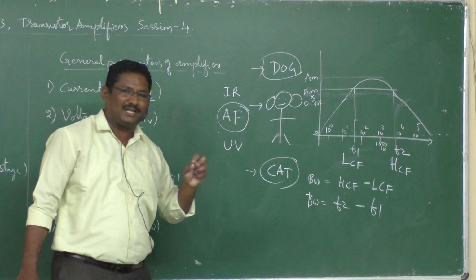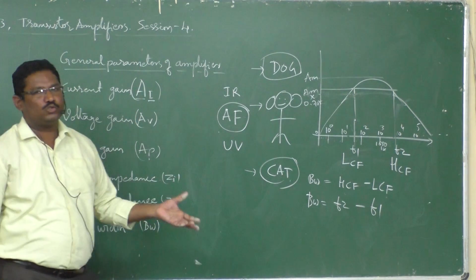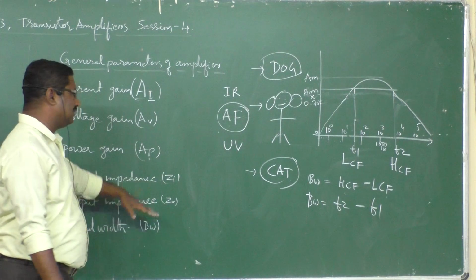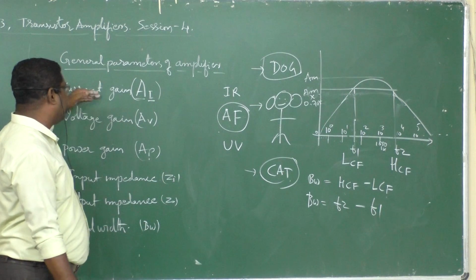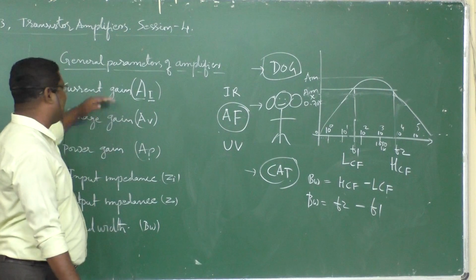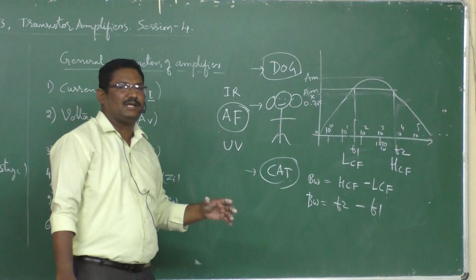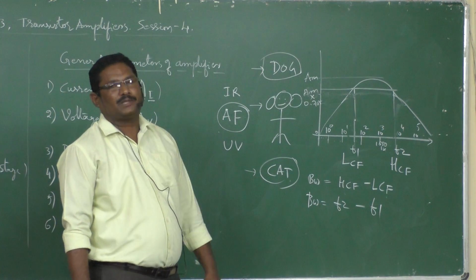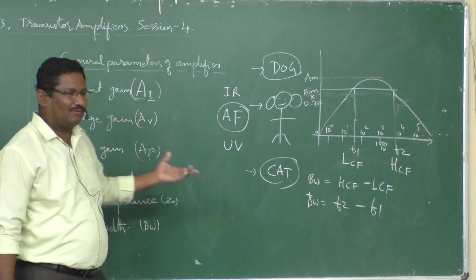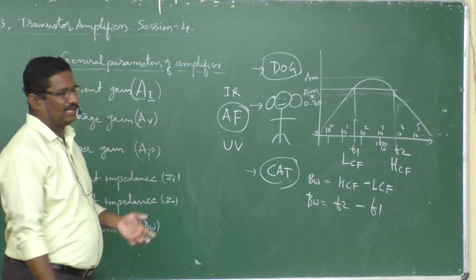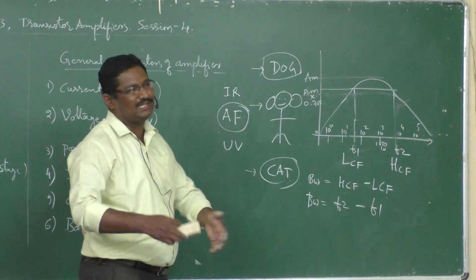How much power it will take, how much power it will use for giving to the other devices, that will take. And current gain, voltage gain, power gain. Current means how much current we are using, 2 ampere or 1.5 or whatever it may be. So that is voltage gain, or voltage range. So like that we are saying.